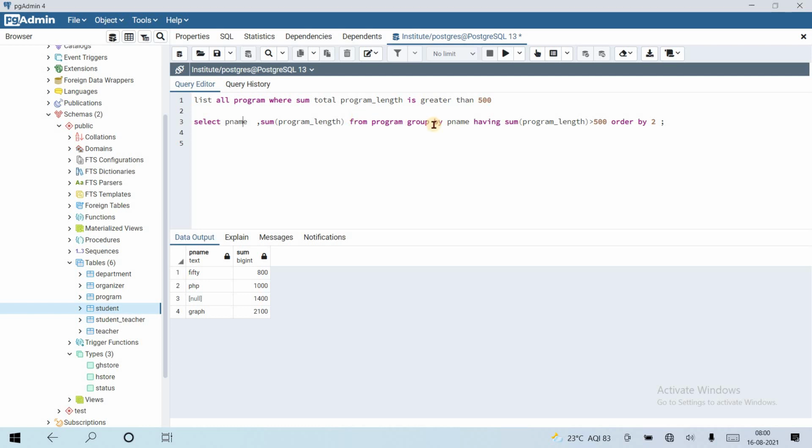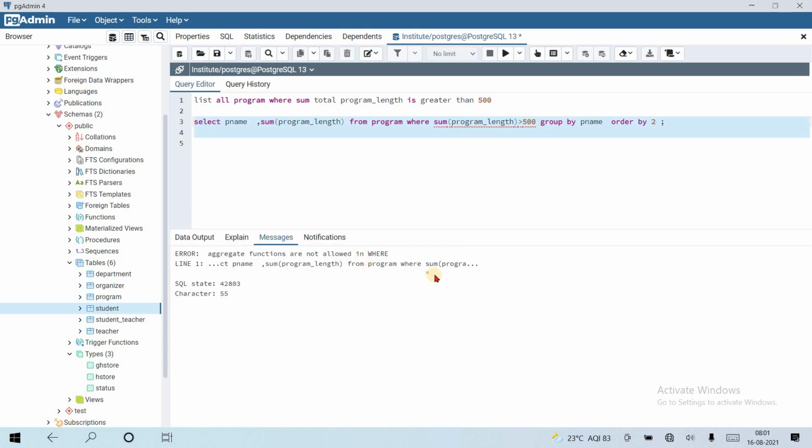So select star from program where sum of program length is greater than 500, group by pname rather than the having clause. That's it. It's easy. Let's run the query.